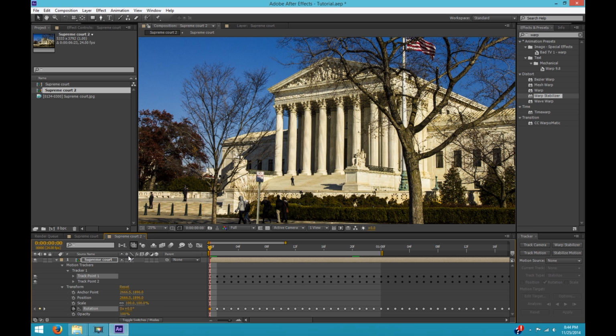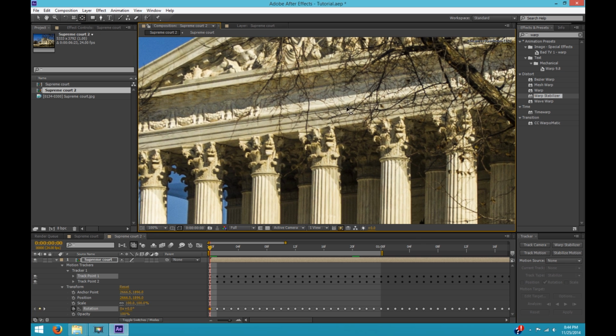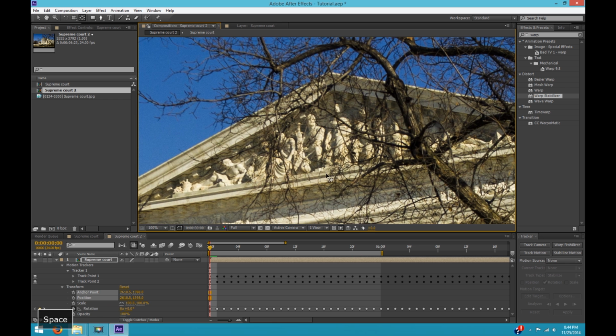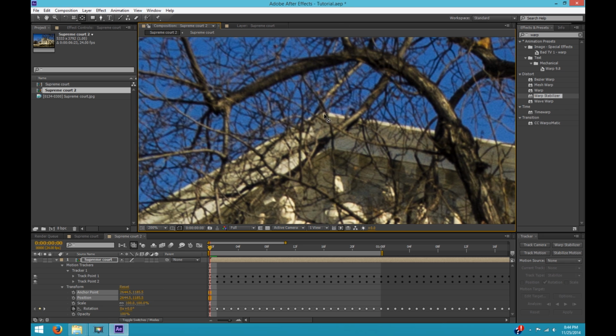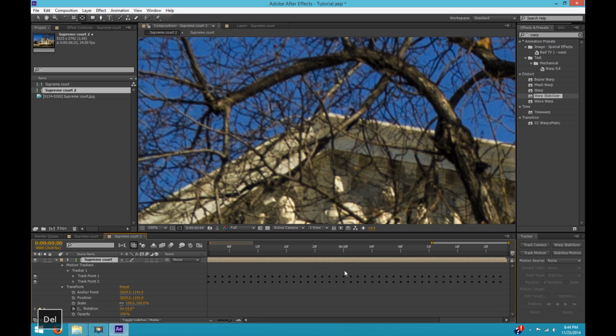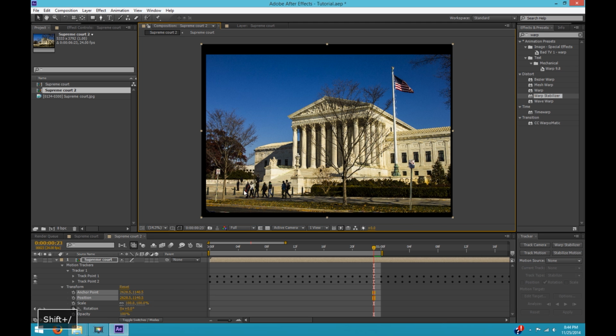So let me go back to the first frame, and if I press Y, or you can just select this pan behind tool here and pick your anchor point, and I want to move it. Oops, where did it go? It can be tricky to see sometimes. I want to move it up to our tracking point that we picked before. Let me get rid of all this rotation data, and I can pick a more clear frame. Okay, so that's about where we need it to be, and I just hit V to go back to the selection tool. Okay, so now that's my tracking point.